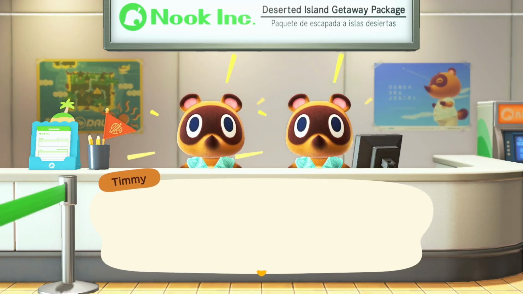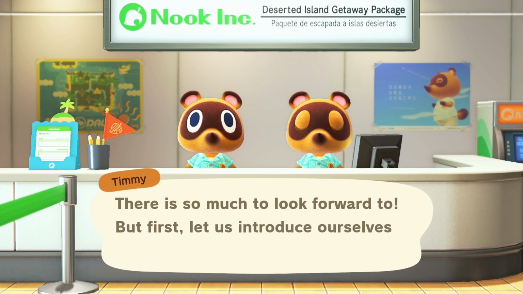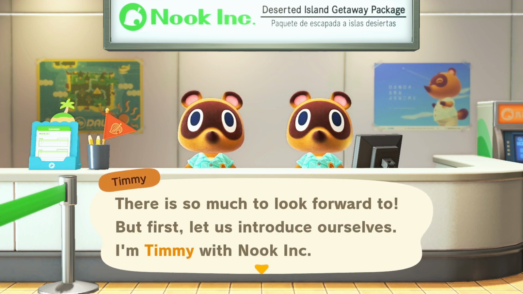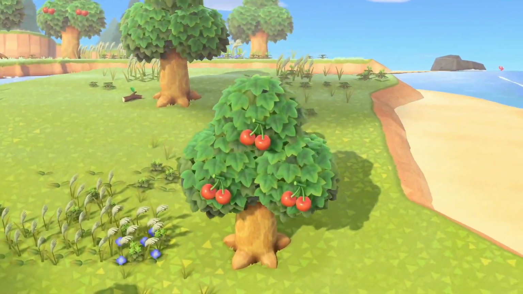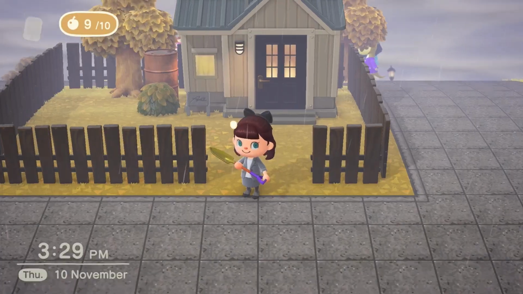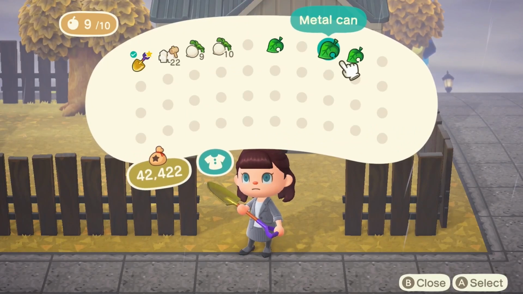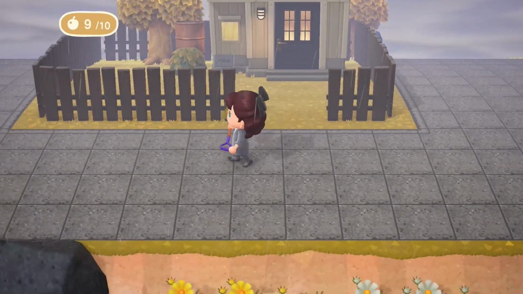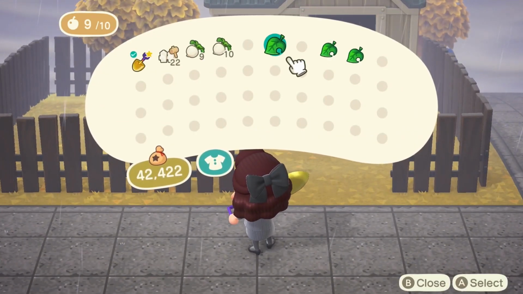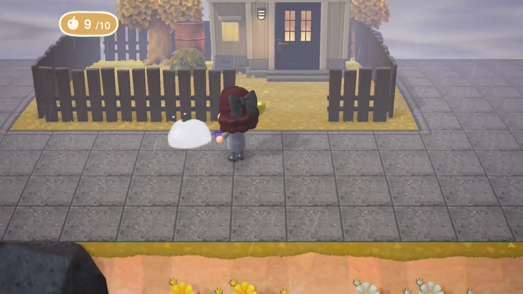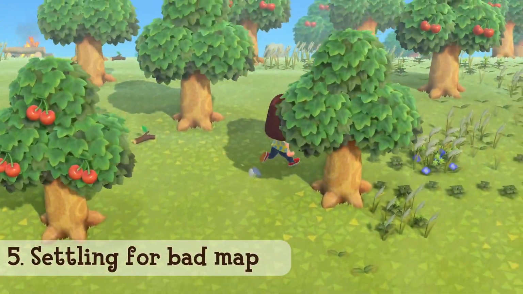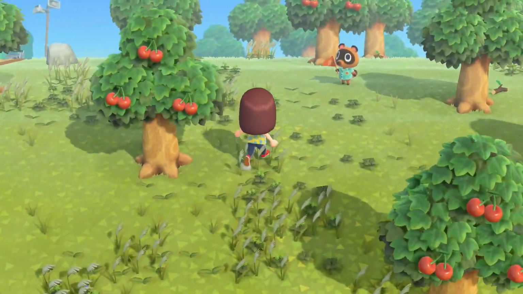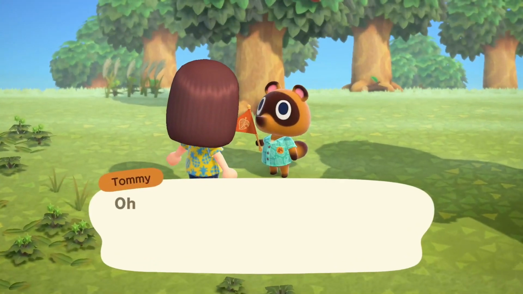When you're looking to design an island, you're likely going to be looking for the perfect map to decorate. Maybe you found something you like, but it isn't quite what you were looking for, but you have some ideas which can work. However, when you get stuck into decorating the island for the first time, you realize that the design you have in mind isn't going to work, and you have no idea why. When you settle for a map which doesn't quite work for you, it can be really difficult to make your designs come to life. At that point, you have a couple of options.